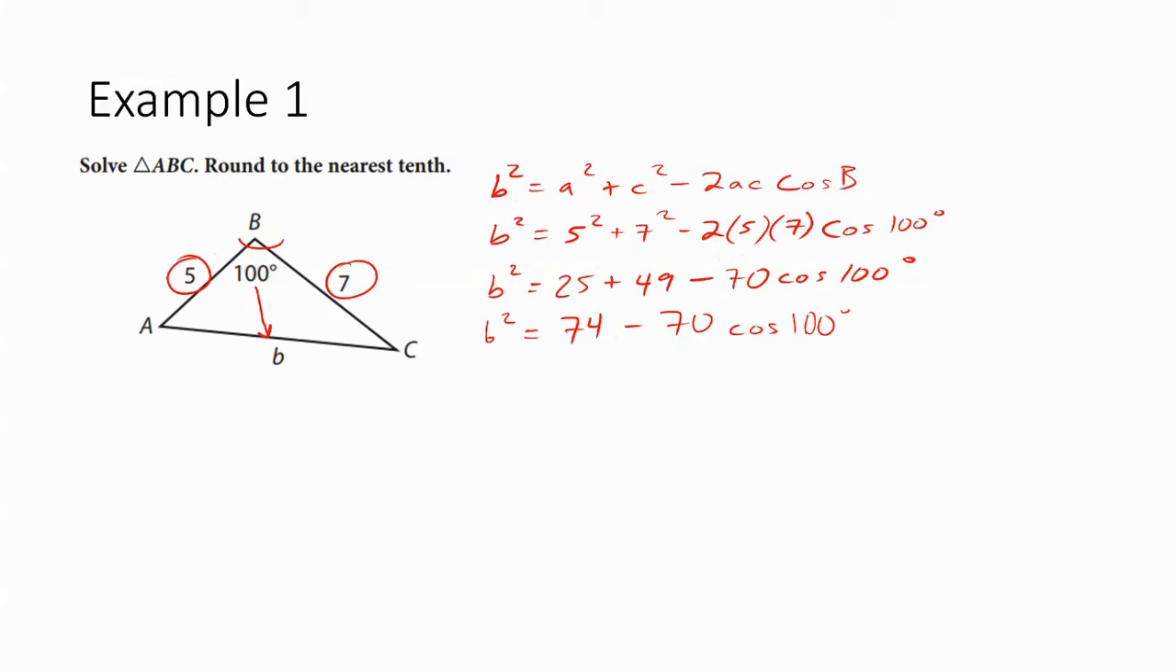So let's see. Well, we could do 74. If you have one of those really good scientific calculators, you can just type in this whole line right here, 74 minus 70. Don't forget to use parentheses correctly if you have one of those calculators. Be careful with that. If you're confused about what I'm talking about, just have one of those calculators and you can show me. All right, so we got B squared equaling